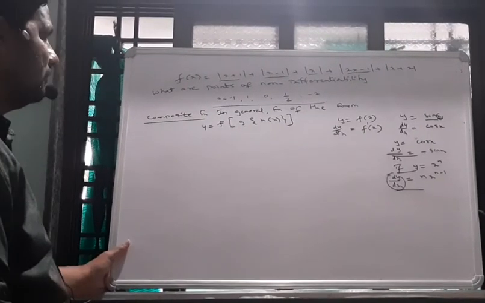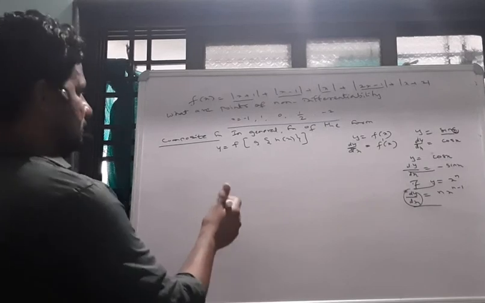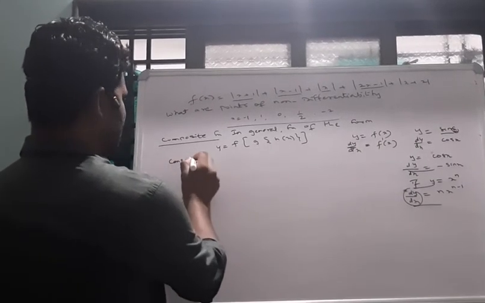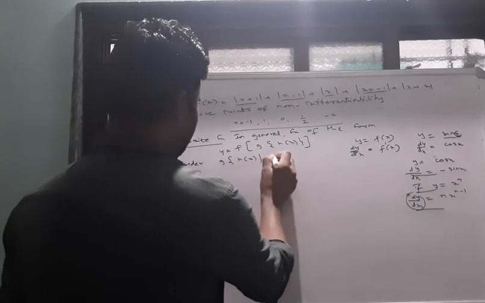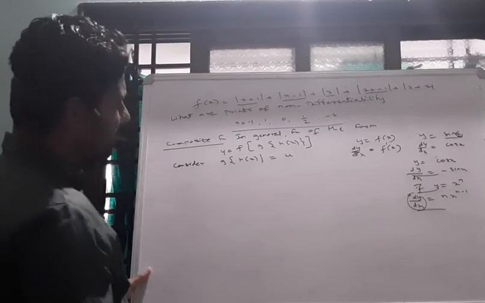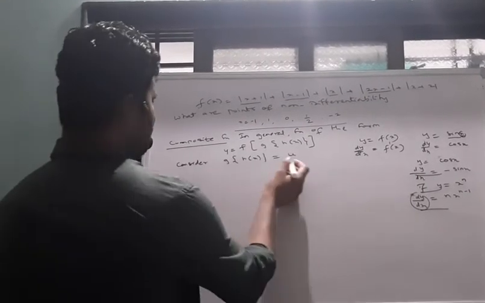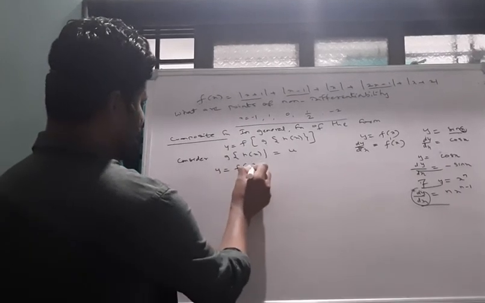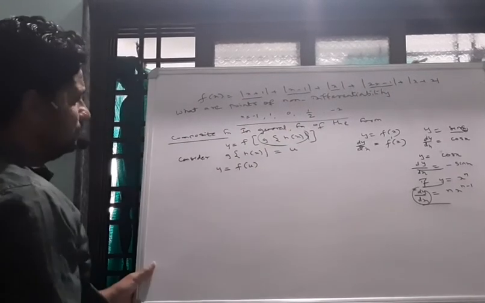Now we have to decompose the composite function. Let us divide it into some simpler functions. Consider g of h of x. I will take this as u, suppose. Remember, u is not a constant, u is a function of x. Then y reduces to f of u, so y is equal to f of u.